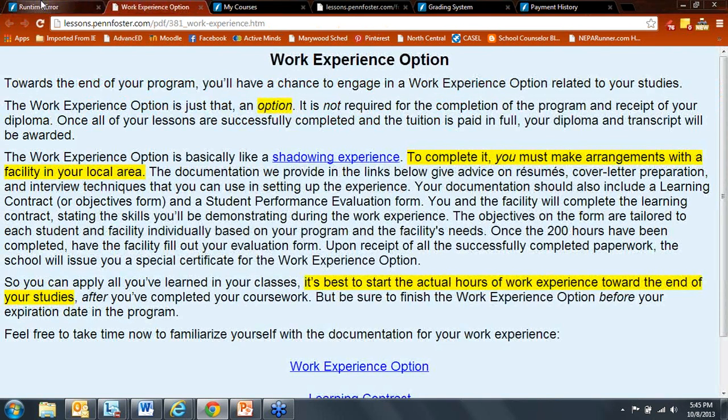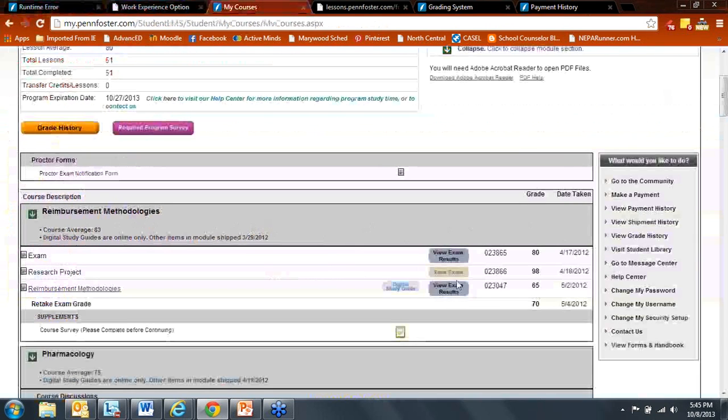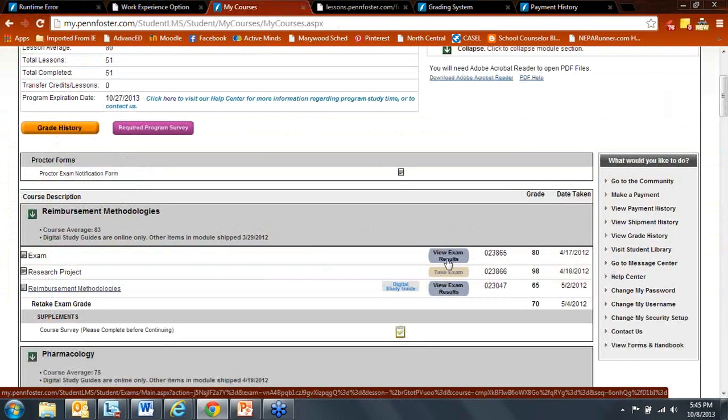But anyhow, when you click on the View Exam Results button, this gray button, typically it takes you to a page that will give you your information on exams that you previously took, and it'll give you information about questions that you got right, questions you got wrong, and that allows you to review your results